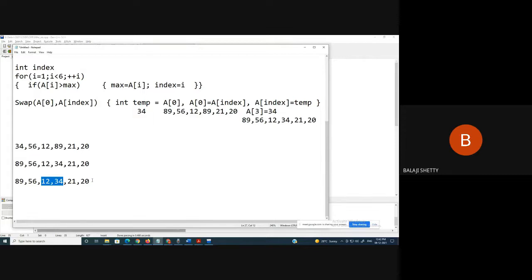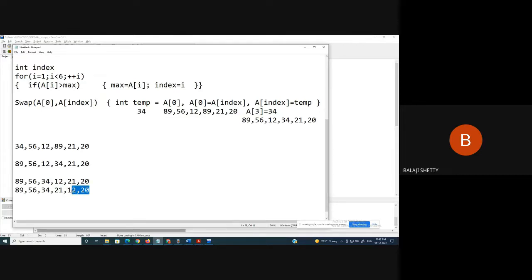So what do you get here? Here you get 34 and here you get 12. Again repeat the same process for this series. Fourth largest is 21. So again, if you repeat the same logic, here you get this series. Here 21 will come, here 12.